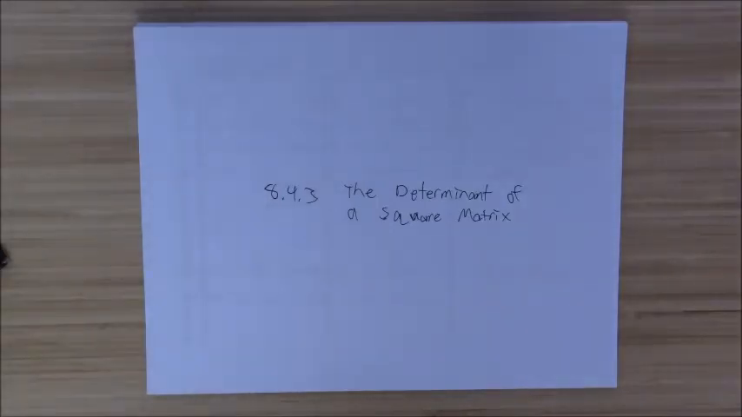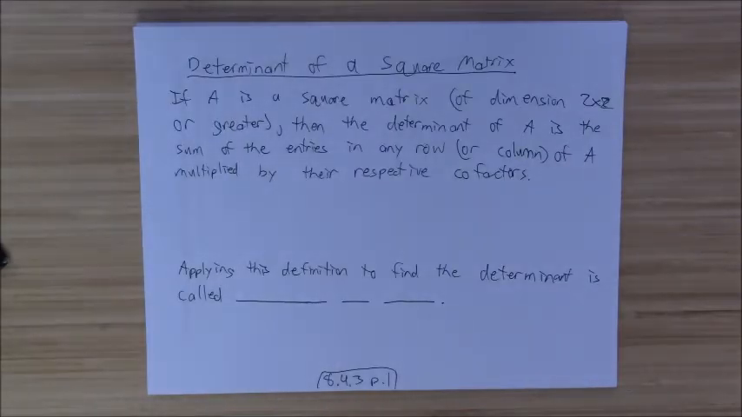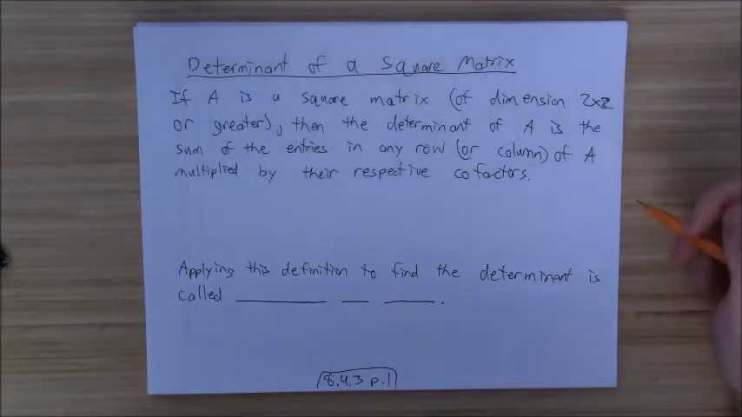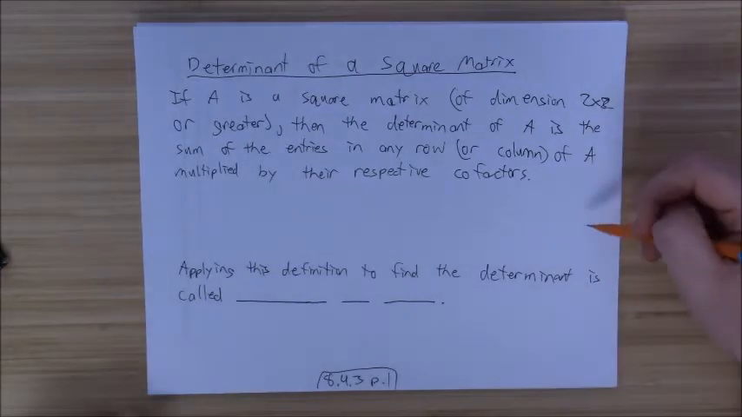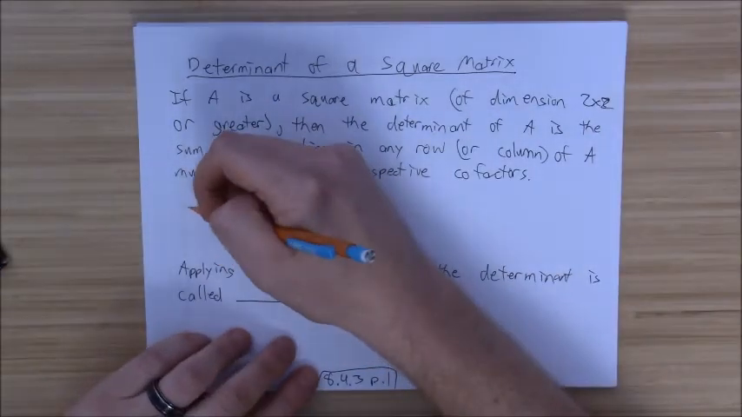In this video, we're going to discuss how to take the determinant of a square matrix of any size. So if A is a square matrix of dimension 2 by 2 or greater, then the determinant of A is the sum of the entries in any row or column of A multiplied by their respective cofactors. That is, if you were to expand along the first row of the matrix,